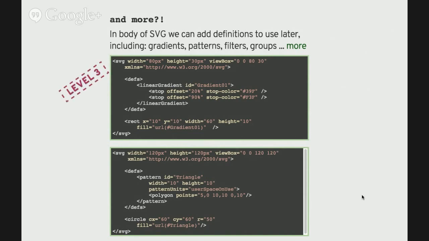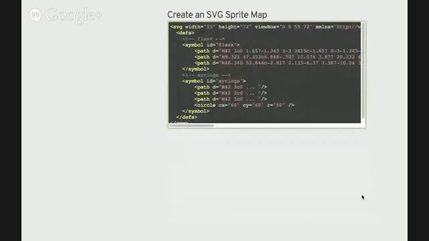Yeah, that would be level 3 usage, right? That's more advanced. Maybe some of you have used that in the past, maybe some of you haven't. A lot of times we'll see other things embedded in definitions